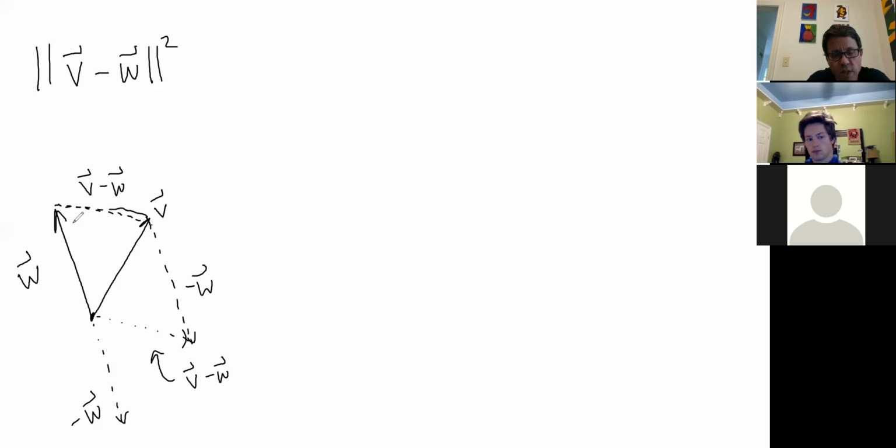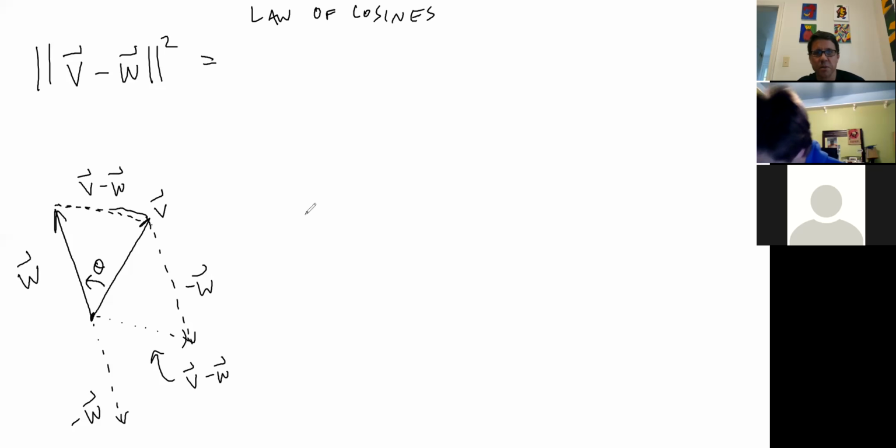The only catch is that it's not a right angle, certainly the one that I've drawn, but at least it is some angle here. And now I'm going to pull something definitely out of the past. This is the law of cosines. If you don't remember what that is, I'll tell you. If you want to find the length of a vector or the side of a triangle that is opposite of the angle,